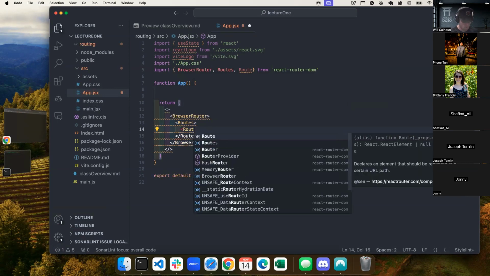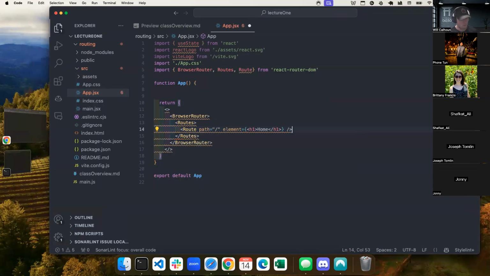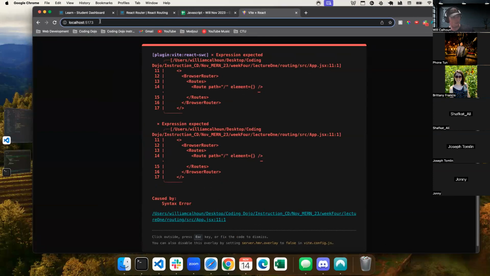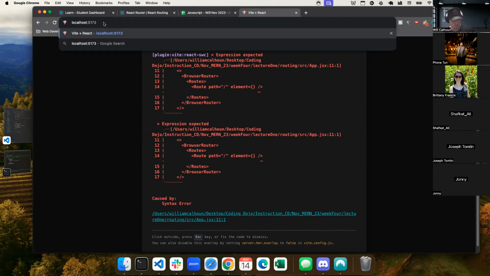And here I have a route that's going to be a path. Okay. So let's break down exactly what's happening. Within my browser router, I've got this routes again, which is my list of routes. And then I have my first route. What this slash says is that it is just kind of the base route. So sometimes it's called the landing page or the base route, where this is implied whether I do a slash or not. It's just really localhost 5173.